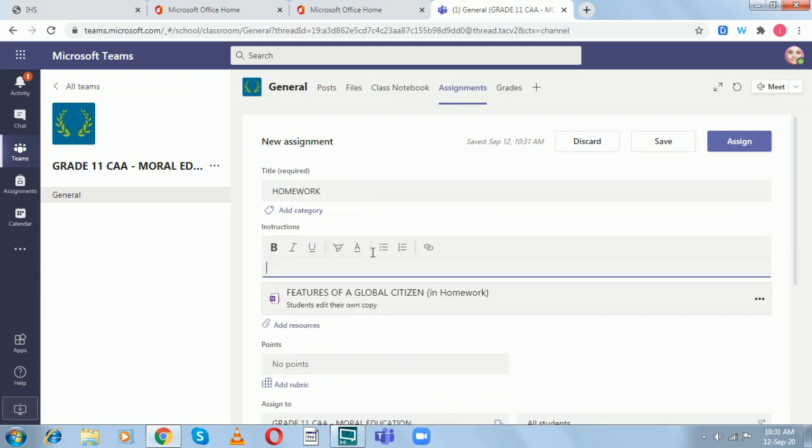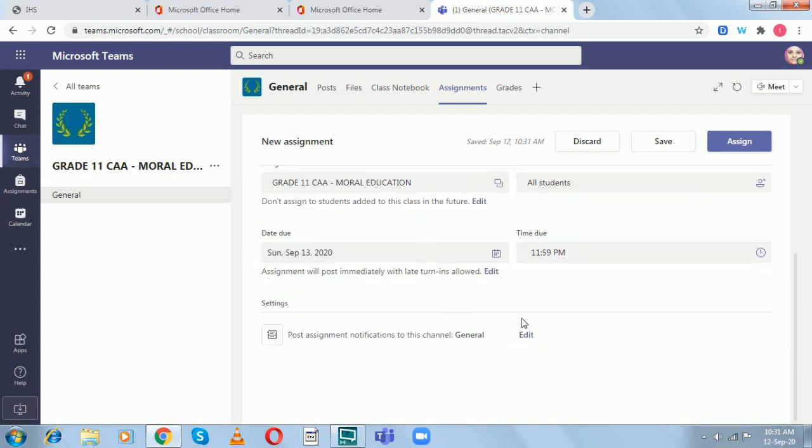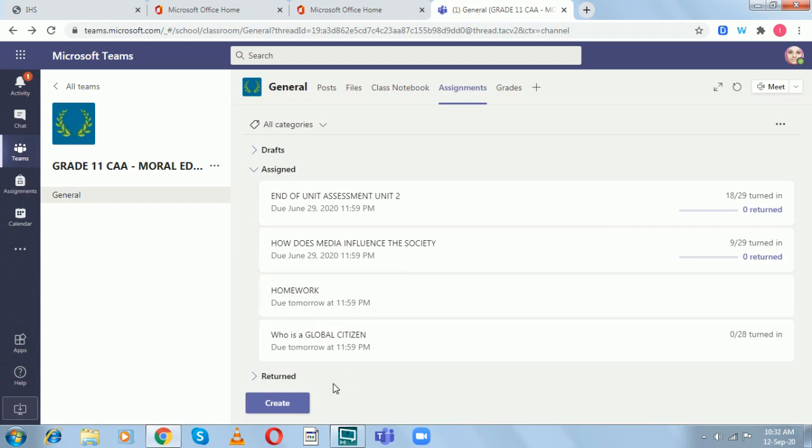And now you're going to give instructions, because I want to give an instruction to make a mind map using MindMeister. So that is used there. I have asked them to use MindMeister and make a mind map, right? And now you can turn in the assignment. So here we have turned in the assignment. You can see that the homework assignment is posted there. As you saw the assignment, you will get a notification in a few seconds.